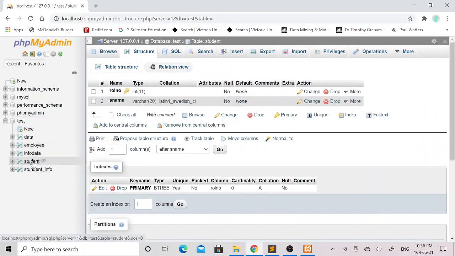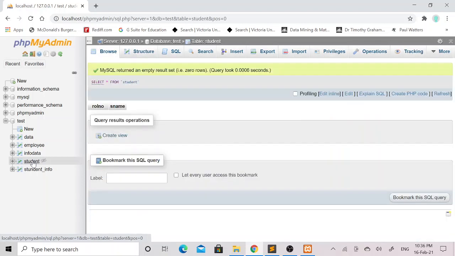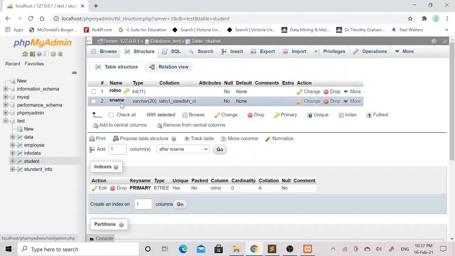Now if I click on the student table, you can see that this is a student table. Roll number and SNAME, these two columns are available in the student table. If you click on the structure, you can see the structure of this student table. This is the roll number.